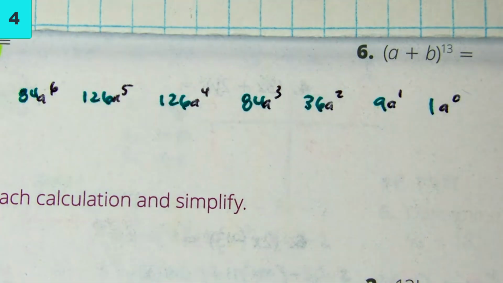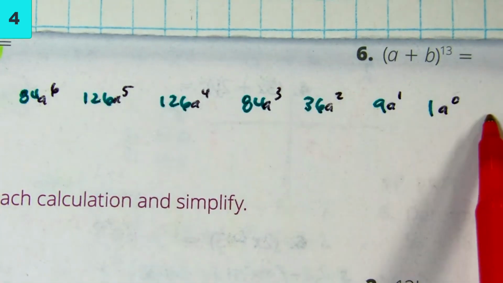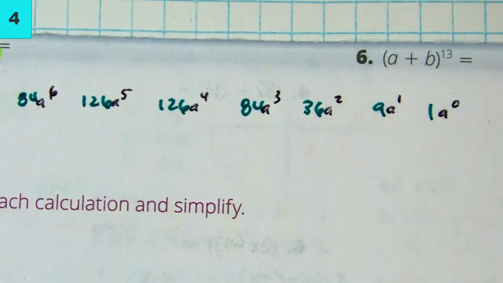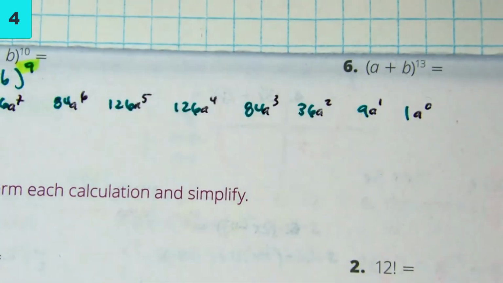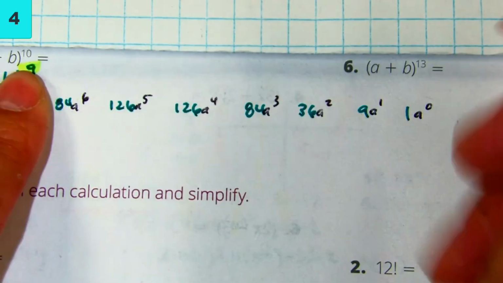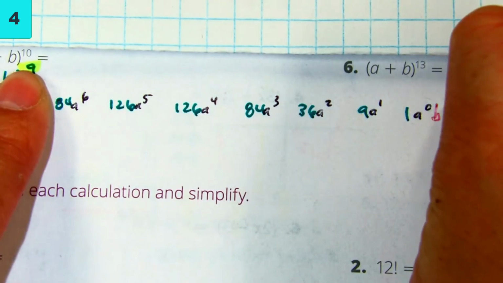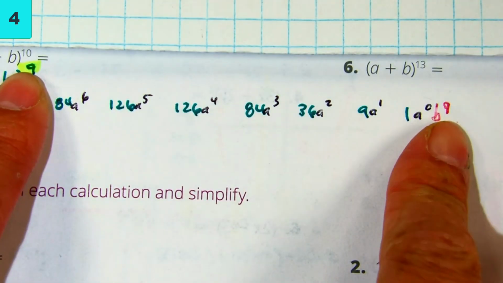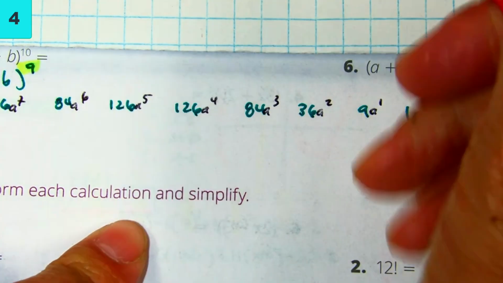Okay, what do we do next? Step number 3, we're going to start with the b's on the right side, and we're going to descend. So again, I'm going to start with b to the 9th. And then I'm going to go down from 9. B to the 8th,